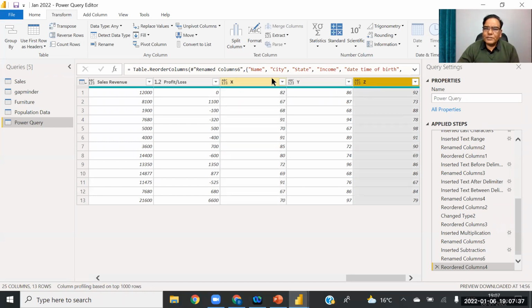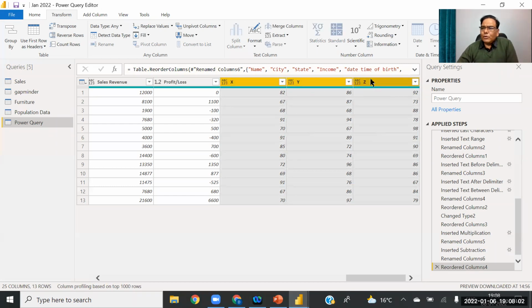Suppose this is the marks obtained by the people in three tests: test number 1, test number 2, and test number 3. Sometimes we have the sales in city A, sales in city B, sales in city C, like that. Profit of one product, profit of second product, profit of third product, like that. So then we require these values. Now I'm selecting the three values, three columns,